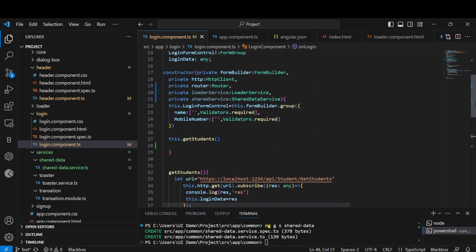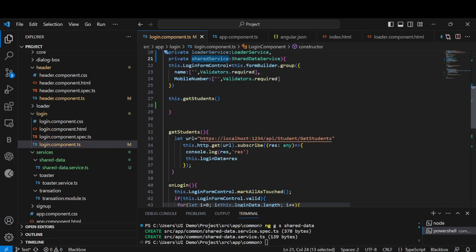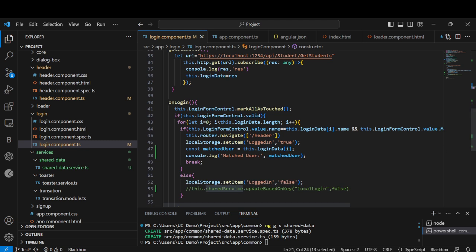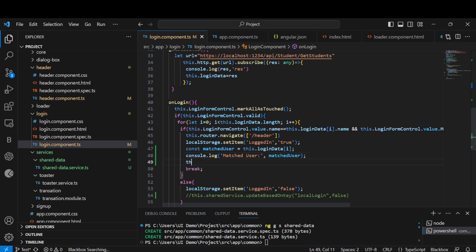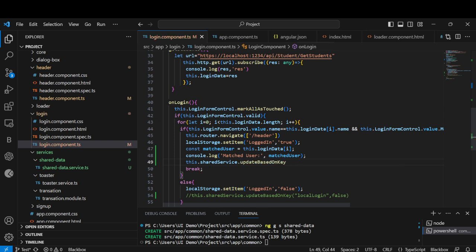So first what we have to do here is import share data. Okay, this share data I am going to set the value. So first we will set the value of it. this dot shared service dot update based on key. So here what we are going to set, for example, is a specific user who has got logged in. Okay, so I will hold this as a